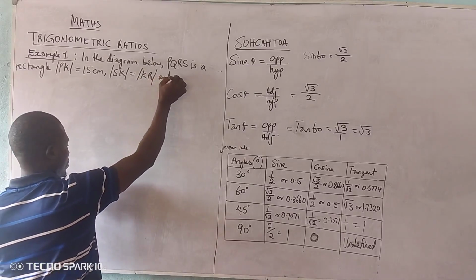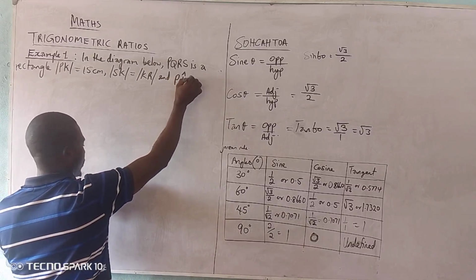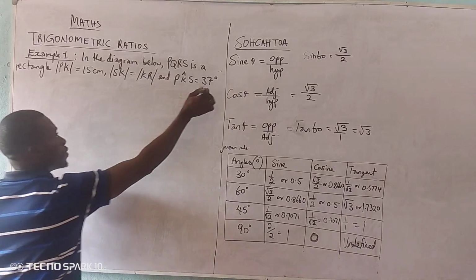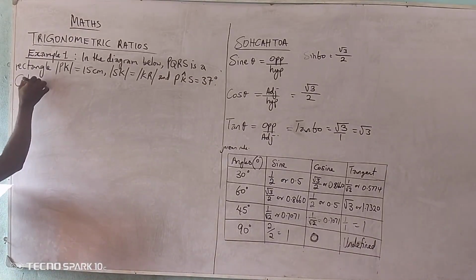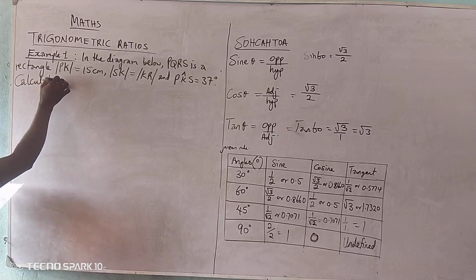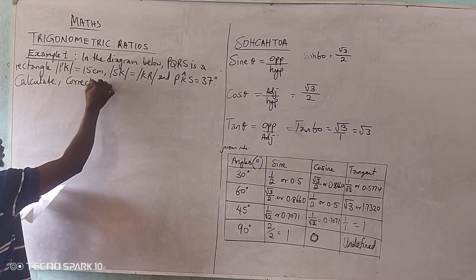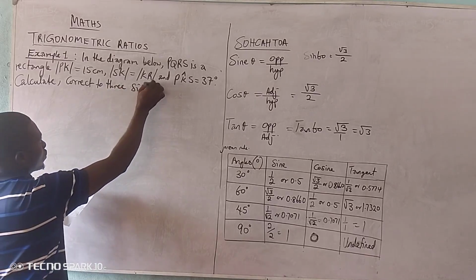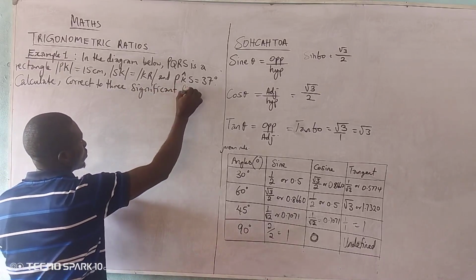And angle PKS is equal to 37 degrees. Calculate, correct to 3 significant figures,